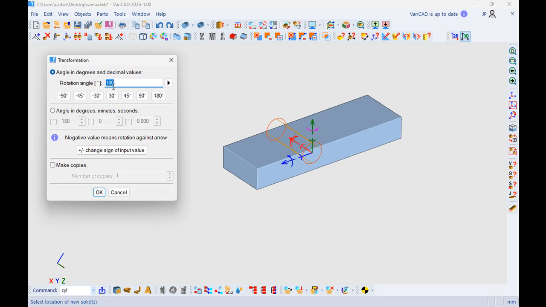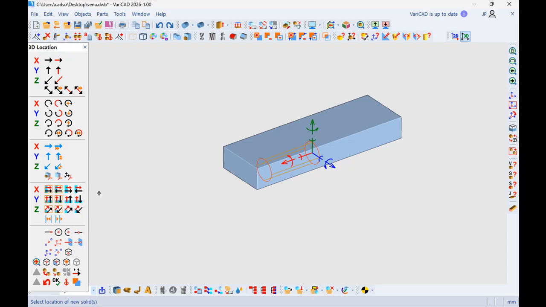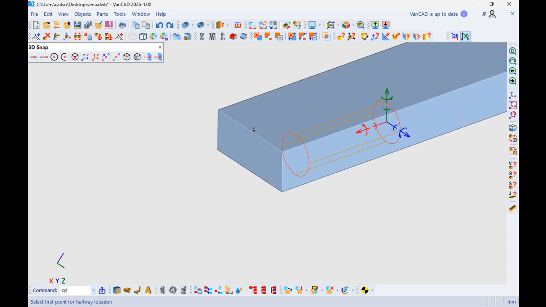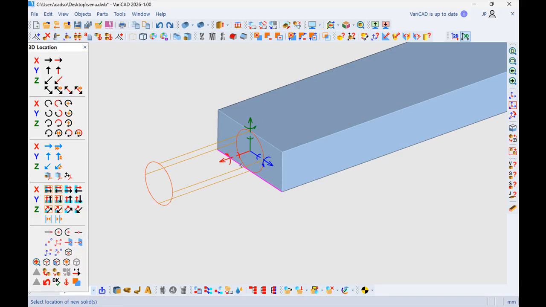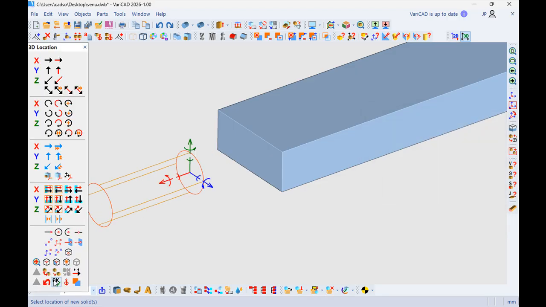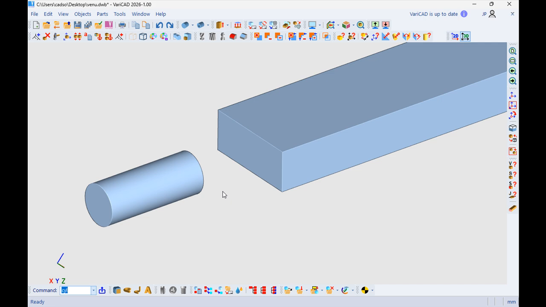So I will position it on the correct place, halfway of this midpoint and this midpoint, and move it 6.6 in here.